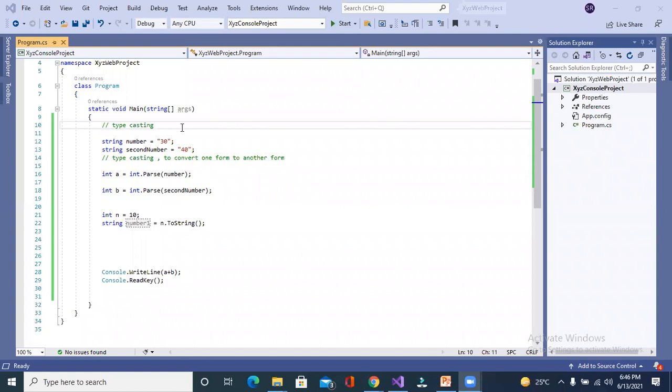So, try to understand the naming convention. Whenever you declare a variable, the first letter should start with a small letter, and after this you make the next word's letter capital, like secondNumber. Second is written in small, and Number starts with a capital letter.